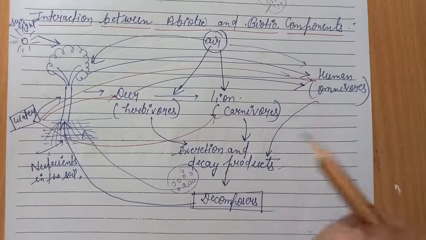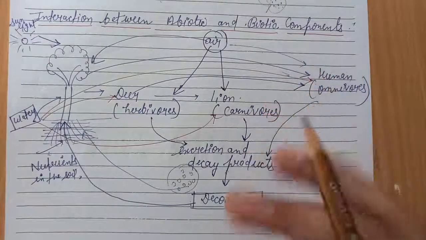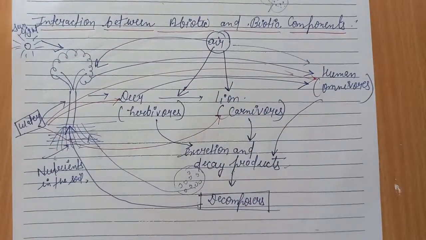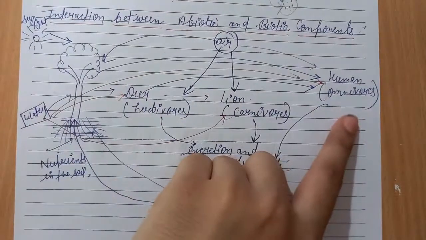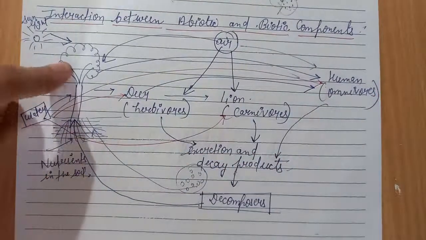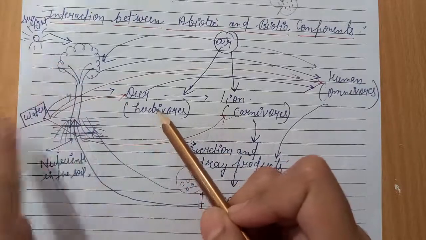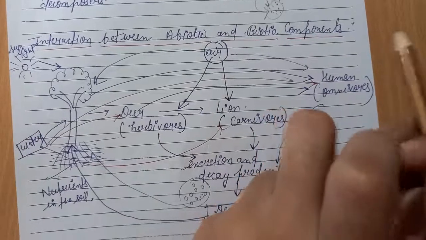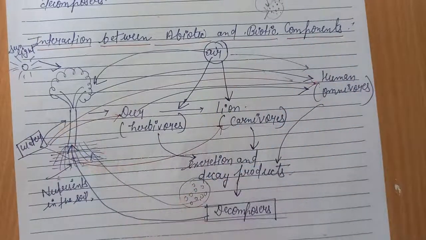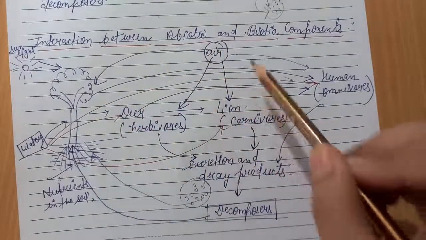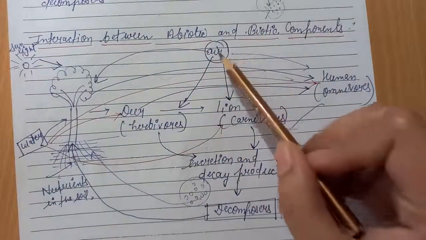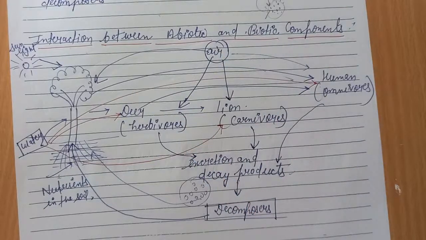Let's understand. In this picture, you are seeing both abiotic and biotic components. Air, sunlight, and water are abiotic components. Water is required by every living being for surviving. So water is required by plants, deer, lion and humans. This is an interaction of abiotic and biotic, where biotic factors are dependent on abiotic for their survival. Next, air is also required by all living beings. So air is received by plants, deer, lion and humans. So this is the interaction between biotic and abiotic components.